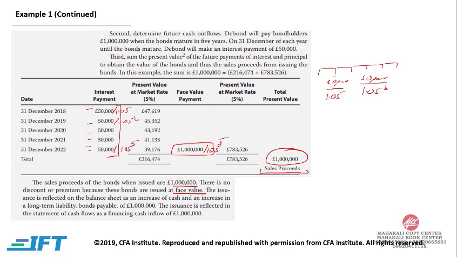The issuance is reflected on the balance sheet as an increase of cash and an increase in long-term liability, bonds payable, of $1 million. So asset equals debt plus equity. Your debt goes up, your asset will also go up by the same amount. The issuance is reflected in the statement of cash flows as financing cash inflow. So one is the balance sheet. The balance sheet goes up, long-term liability, bonds payable by 1 million, and cash flow from financing also goes up